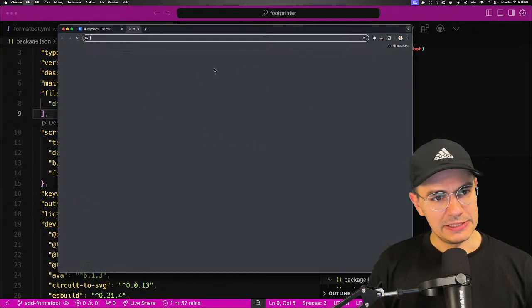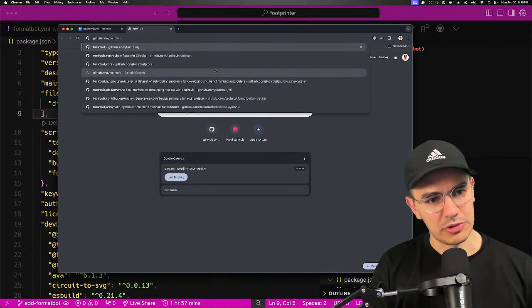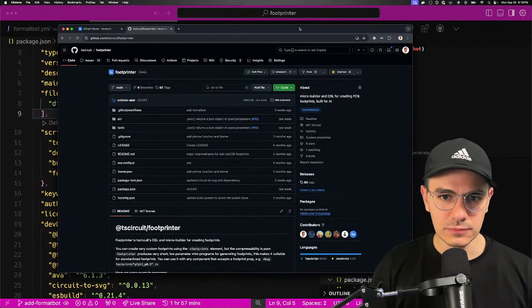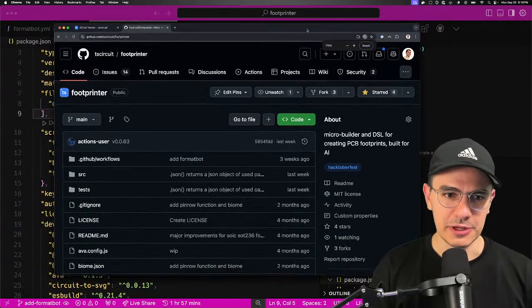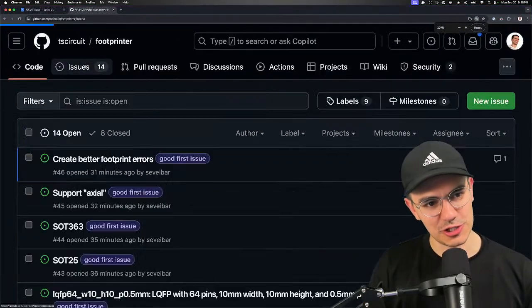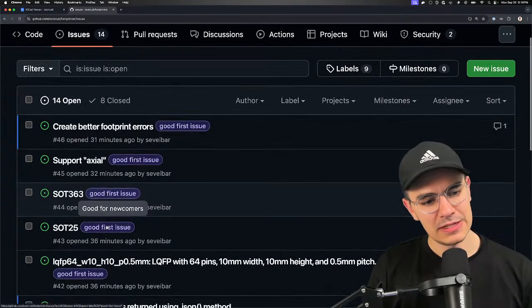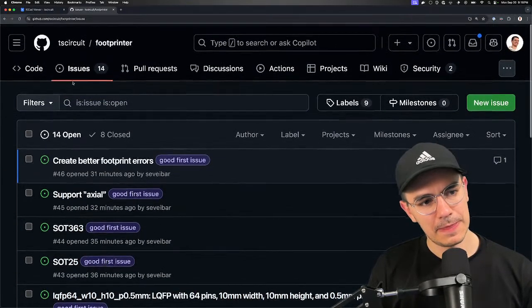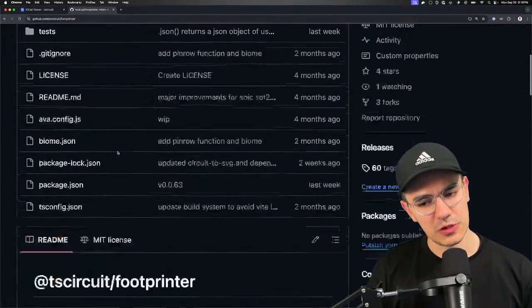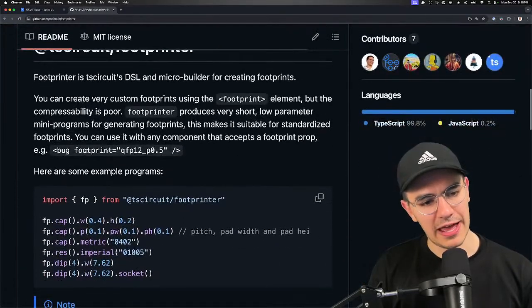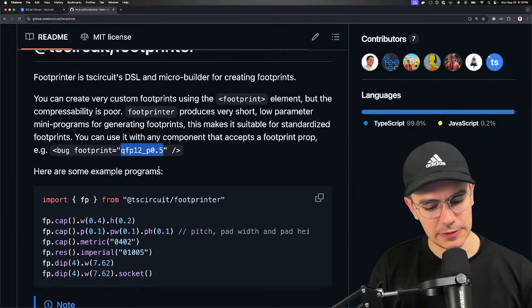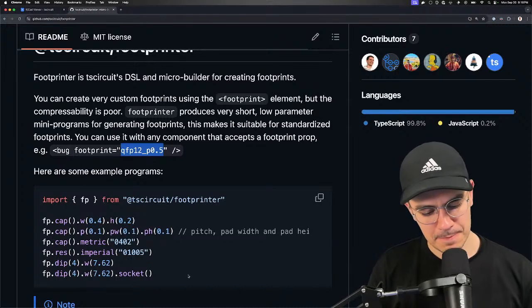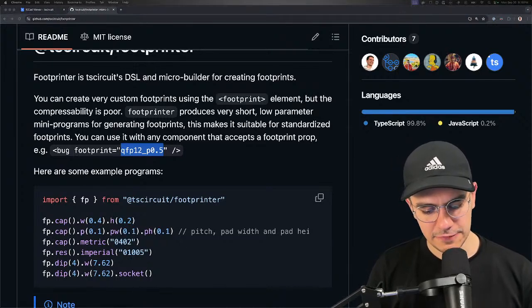So, let's go to the actual repo for Footprinter. I'm going to zoom in on everything because I didn't change the resolution. So we've got these issues to create footprints. And these are used internally whenever you have a footprint prop on a component. So this little string is called a footprinter string. And a footprinter string will